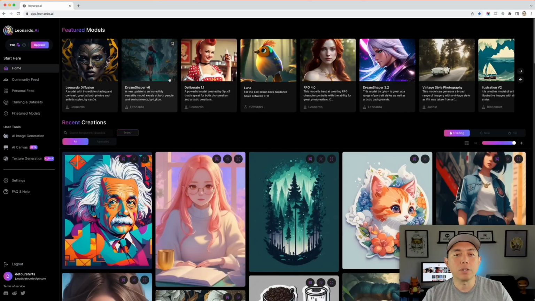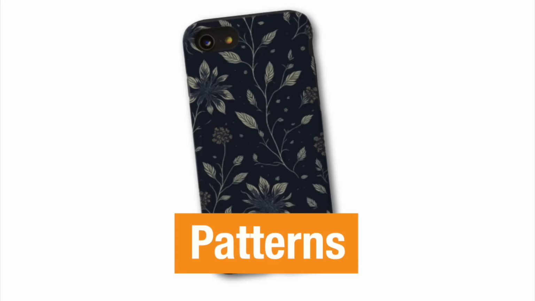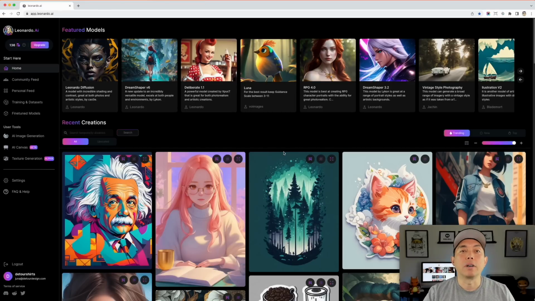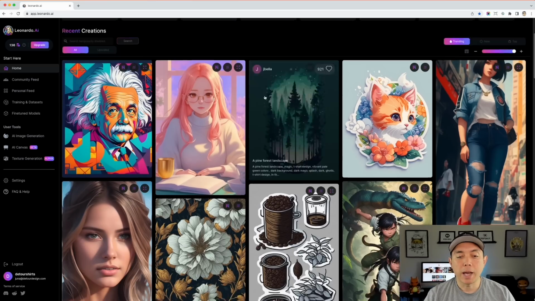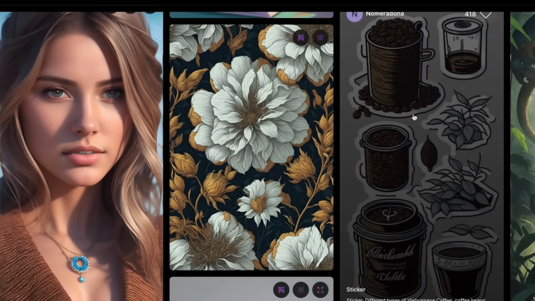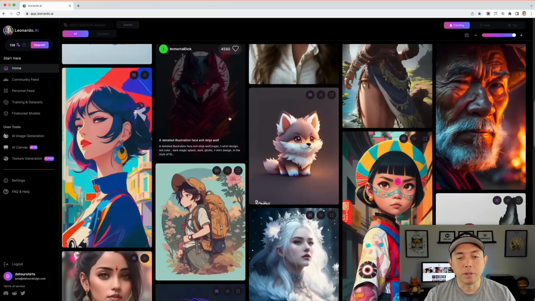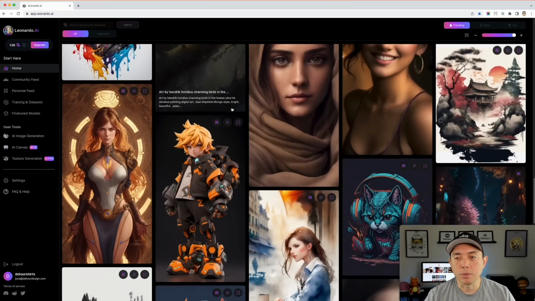All right, next thing, moving right along. So we got t-shirts, we got stickers. Let's do a pattern. Now there's lots of different things you can put patterns on. You can put it on phone cases, pillows, bags, leggings, blankets, shower curtains on Redbubble. So let's look for patterns. Here's one right here. Patterns are always on the top, but I mean, there's more patterns than that. Let's see, if we scroll down,